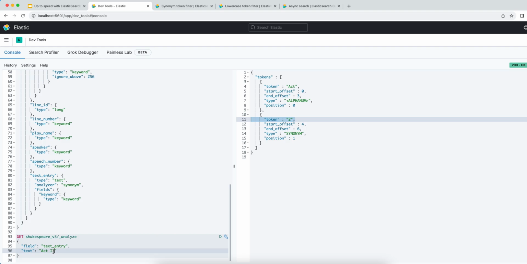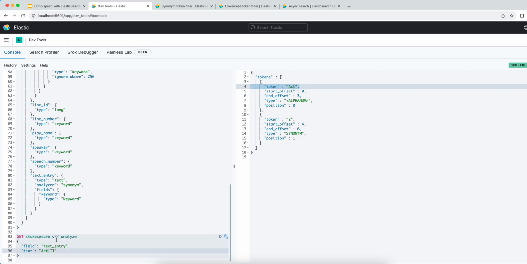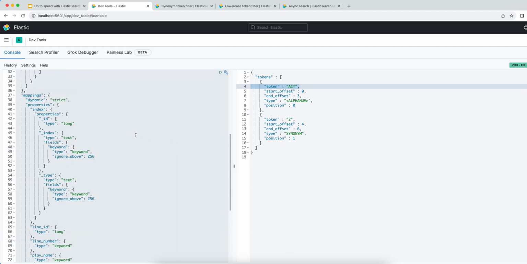Notice how the double I got converted into the decimal. And same thing if I use decimal here. It's of course remaining as the decimal, but the point here is that the Roman numeral variation and the decimal variation are producing the same token because they're synonymous, and you can kind of see based off of the type of the token how that's working. There is one problem that I've noticed though, which is that act has a capital A, and just to prove this is true, if I replace all of these with uppercase variations, they're all remaining in uppercase, and that tells me that we need to make one more change to our